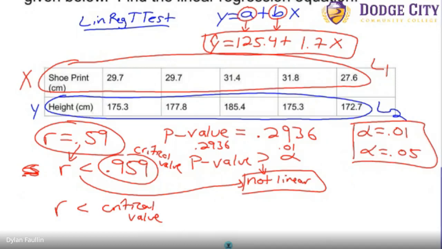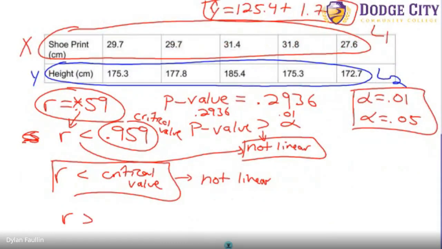That means there's a negative correlation, but it still could be linear in that case. But for comparing it to the critical value, you just drop the negative sign. So if you do get a value of R that's like negative 0.59, drop the negative sign to make that comparison. So if R is less than the critical value, it's not linear. If R is greater than the critical value,